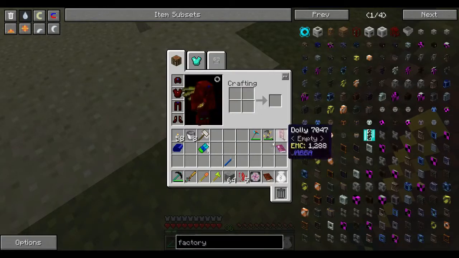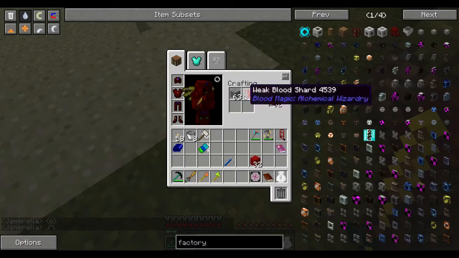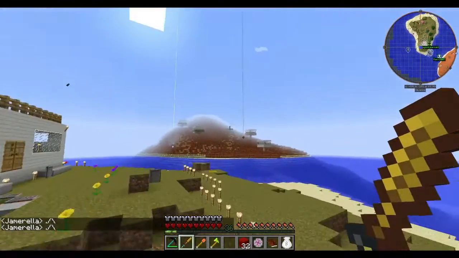Alright, so we should just be able to combine them with stone. Ooh, we only need 1 to make 32 large bloodstone bricks, so we'll use the Nice. 1. And then what we need to do is...